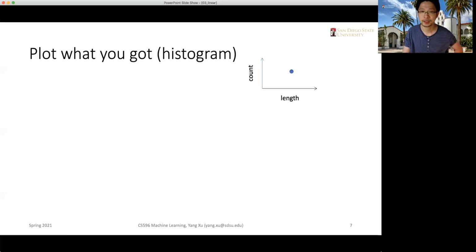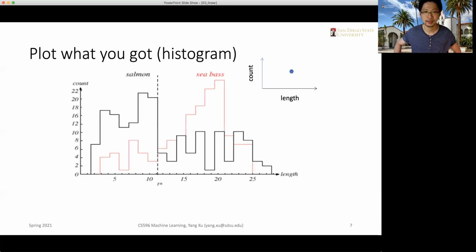Okay, so it's basically the counts versus the counts of the particular values of length. Say for example, this is what you got. We use two different colors, black or red, to differentiate the two kinds of fish. The black is for salmon, the red is for sea bass. So if we plot the histogram for the two kinds of fish, we can see